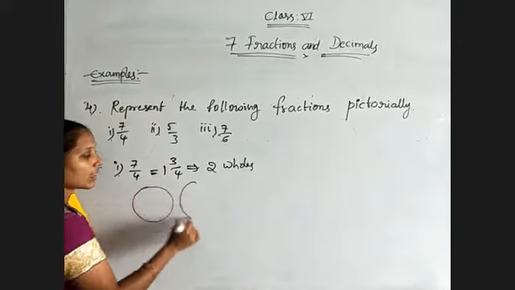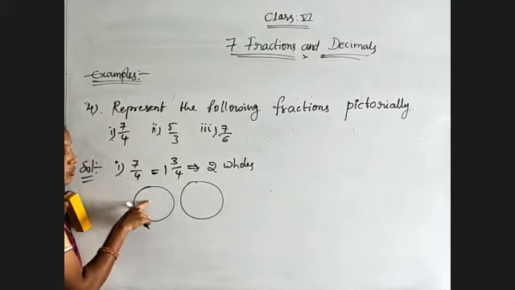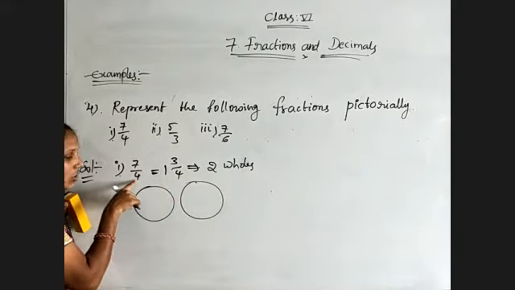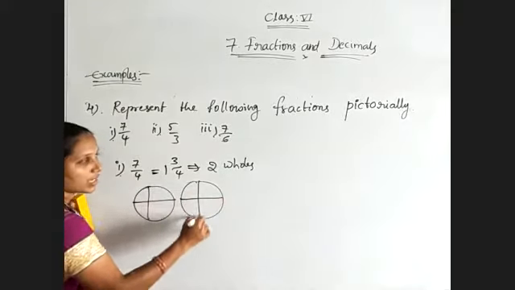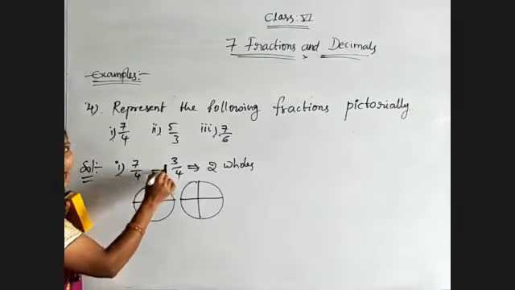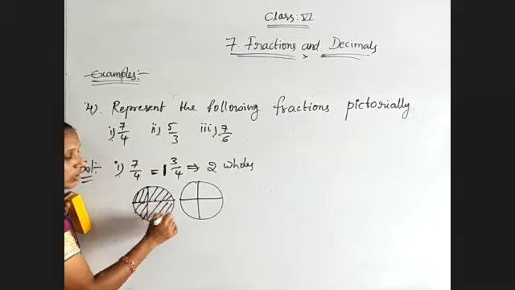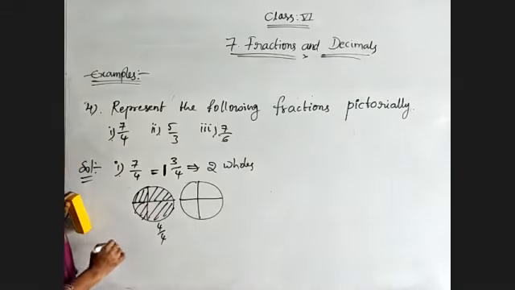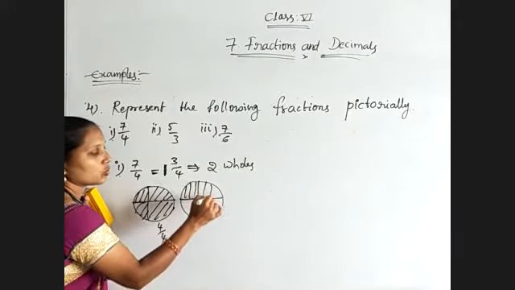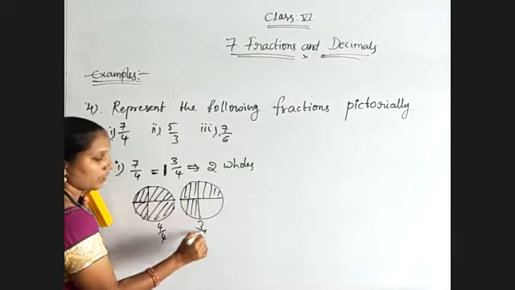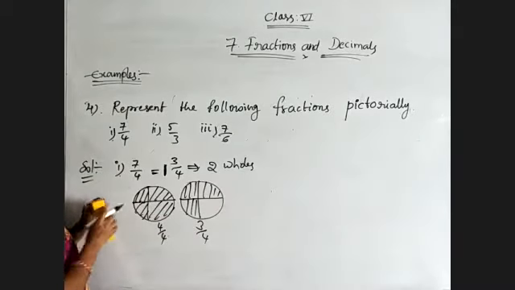One whole and another whole also I am taking. Totally we need 2 wholes. So 2 wholes I am taking, and because the denominator is 4, we need to divide those 2 wholes into 4 equal parts. Out of that, 1 whole is completely used. So completely shade that first whole. This is 4 by 4. And still 3 by 4 is there. So 1, 2, 3. 3 by 4. 4 plus 3, 7 by 4. That's all. Okay.